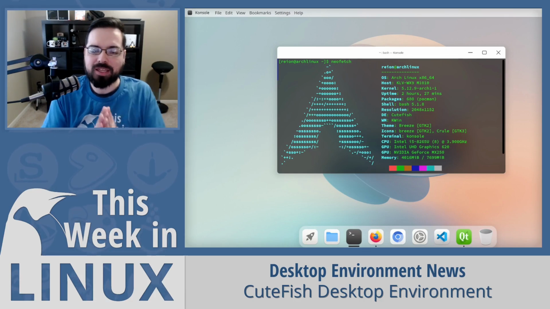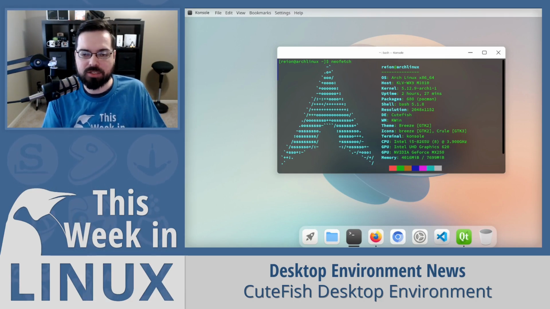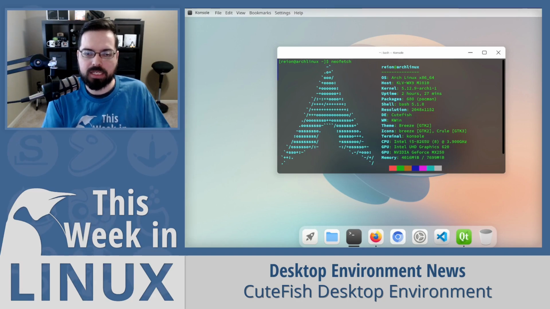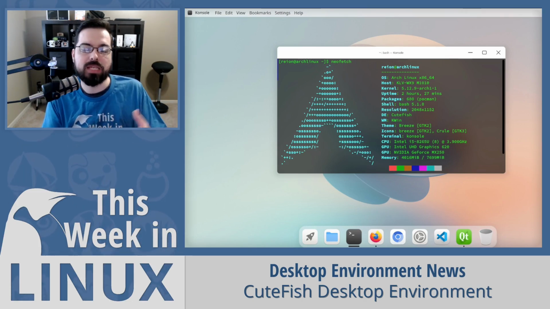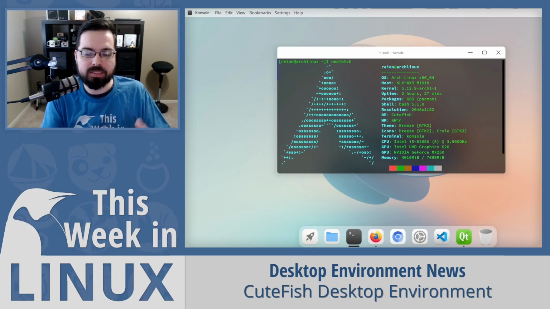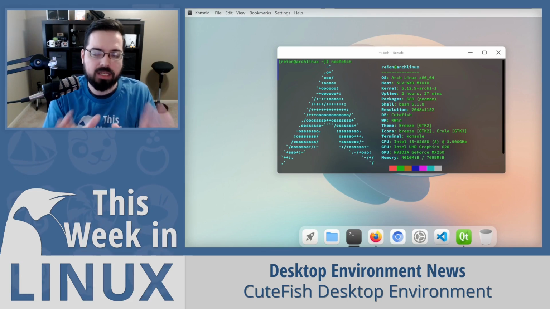Anyway, so they're also developing their own series of applications with the new DE and new OS for the CuteFish OS. And what's really cool about this is that it is an open source operating system and an open source DE, so the KDE team will be able to see what the changes are that are happening. So I love to see that, obviously.